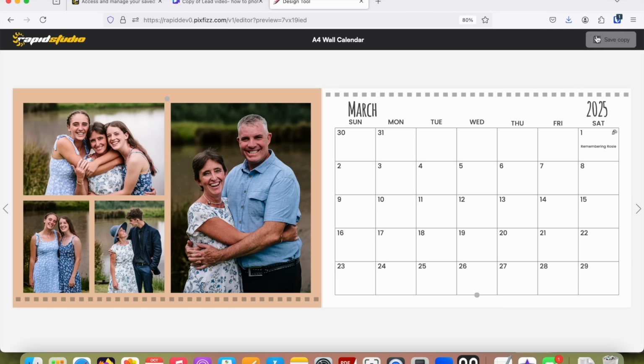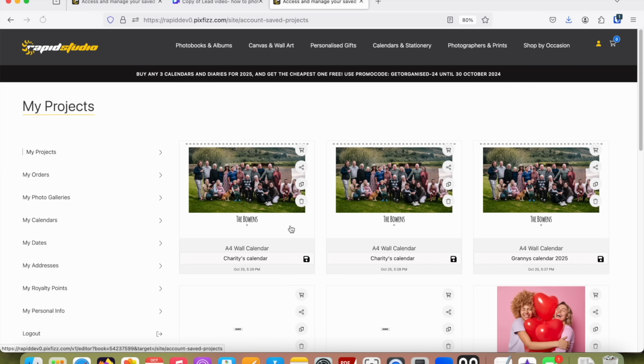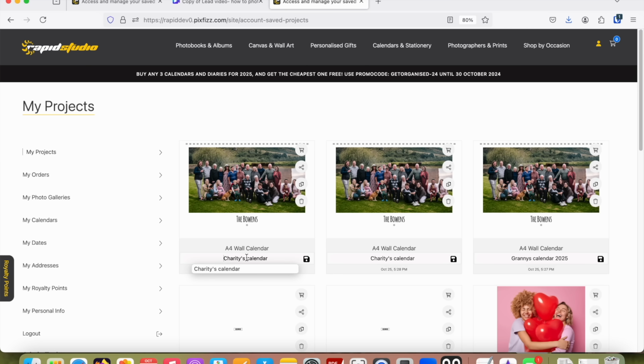If they click save copy, it will save to their RapidStudio account. They might need to set up a RapidStudio account themselves on the RapidStudio website, or I think maybe it might even prompt you to start one up if you don't have one. But if you have one, it should go there anyway. Let's just click it, and you'll probably see, yeah, I've saved it to my own. I've shared it with myself. And then you see there's two charities calendars there,